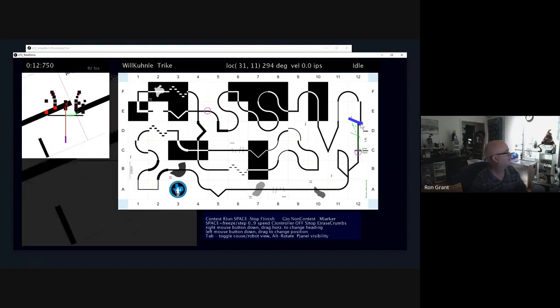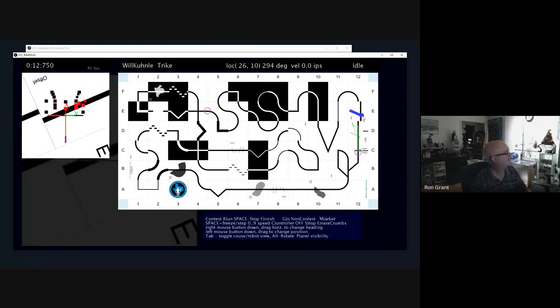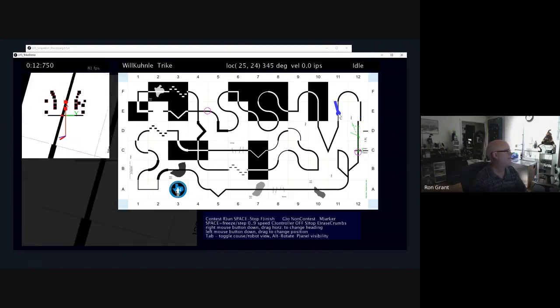So, but the controller is still active in this case. So we're preventing the robot from moving. But if you had explicit movement instructions, that might be difficult. But the other thing we could do, hang on as I think about it, is if I put Will's robot